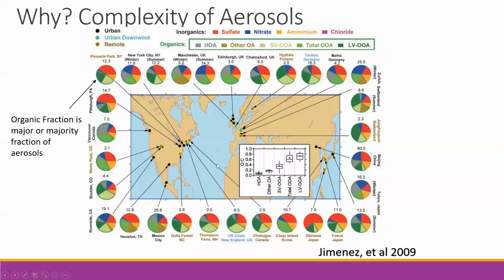And this actually didn't always used to be the case. During the 70s and 80s, when acid rain was a bigger problem, most people generally assumed that aerosols were mostly made of ammonium sulfate, and that in more recent years, as more stringent regulations have come into play, the organic carbon is becoming the most dominant part of the aerosol. And this paper is from 2009. This data is over 10 years old.